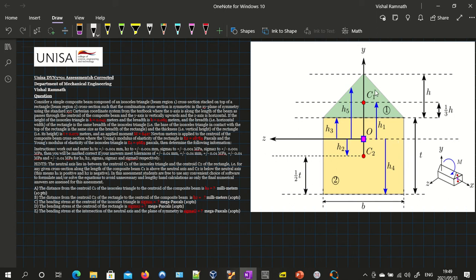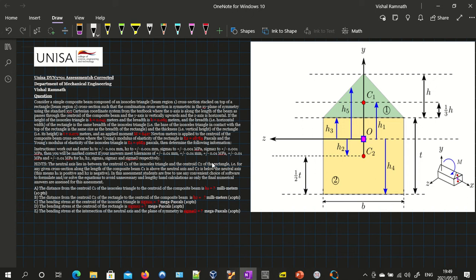So very briefly, the problem is that there is an isosceles triangle stacked on top of a rectangle. The two taken together act as a composite beam. The various geometry parameters and the material properties are also specified. Essentially the question specifies that you must work out the distance from the neutral axis to the centroid, the stress at the centroid, and the stress